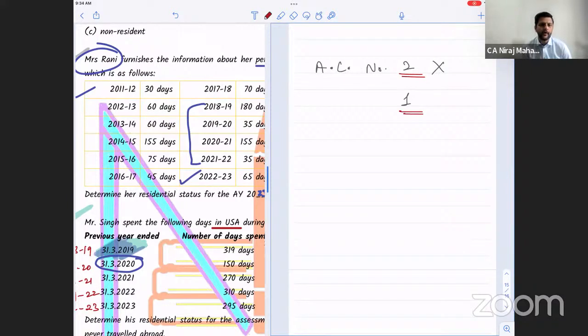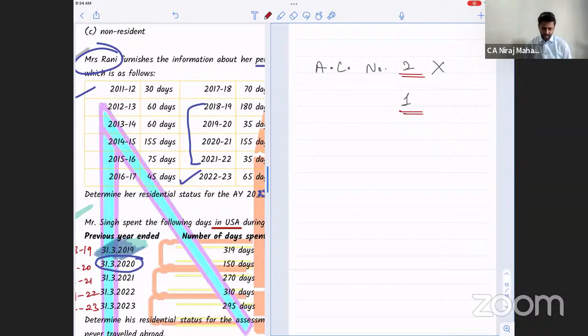Are you getting my point? Because in additional condition number 1, you have to determine resident or non-resident. And to determine resident, you have to check 2 basic conditions. So what is the headache? Are you getting my point? Did you understand my point? All of you? Nitin, Kushbu, Mansi, Tejal, Indrajit. Yes? Got the point?